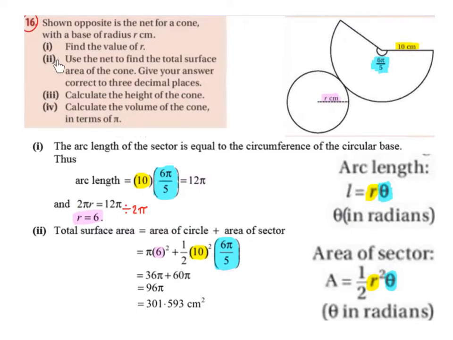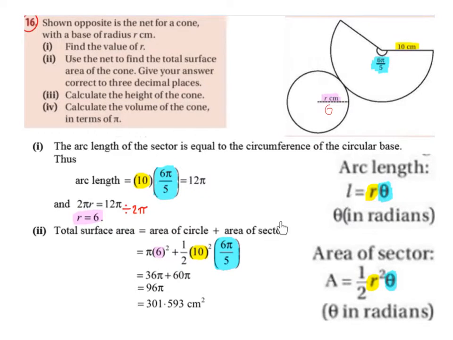So part 2, use the net to find the total surface area of the cone and give your answer correct to 3 decimal places. So the total surface area will be the area of the circle plus the area of the sector. So you find the area of both, add them together. Remember, we now have this radius to be 6. So the area of a circle is pi r squared. So it's going to be pi multiplied by 6 squared